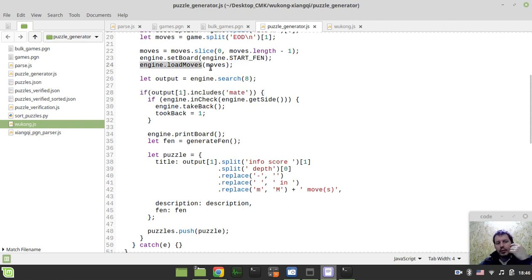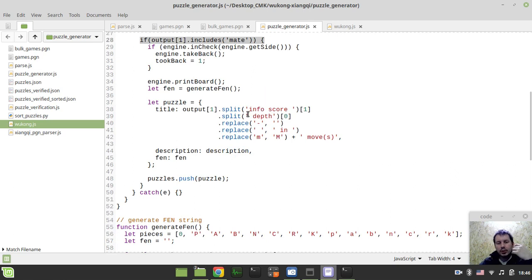So by loading all the moves, the engine encounters a position where the game has already ended. And when the game has ended, we need to ask a simple question: whether it ended because of resignation or because of a mate that is threatening. Exactly in the case where the mate is threatening, this is the condition. In this case, we just extract how many moves the mate is in,